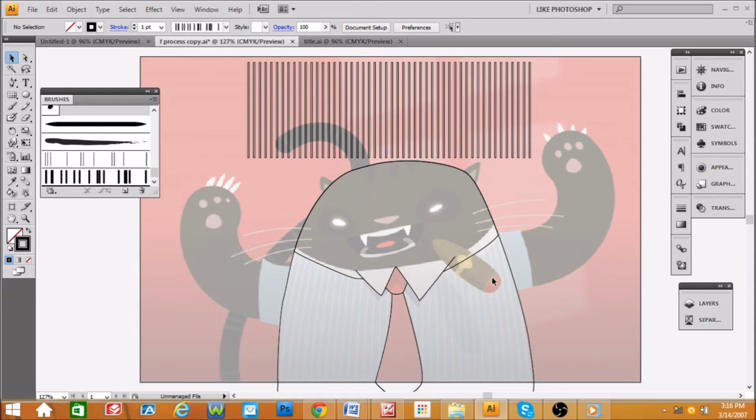Alright, so let's give this a sharp break and let's return to down here. What we'll do, we'll group the head outline with the collar and tie. Control G to group it automatically as a shortcut for grouping it. And we go back to this, and what we're going to do is to edit it so that it fits the contour of the cat's body. So we're going to select it all,